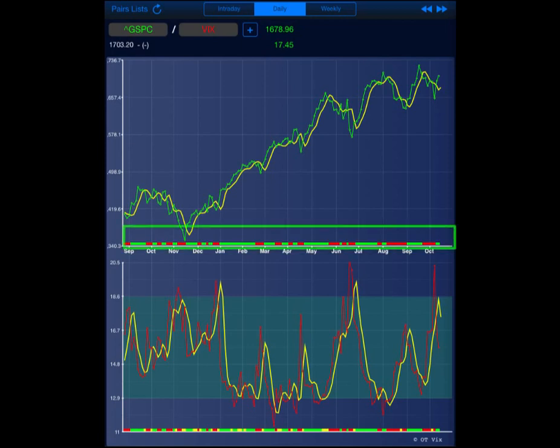The signal line at the bottom of the top chart turns green when VIX is trading below, and the SPX is trading above the PMA. The line turns red when the opposite occurs. In other words, when VIX trades above and SPX trades below the PMA. If the indices trade on the same side of the PMA, the current signal remains in effect until reversed.